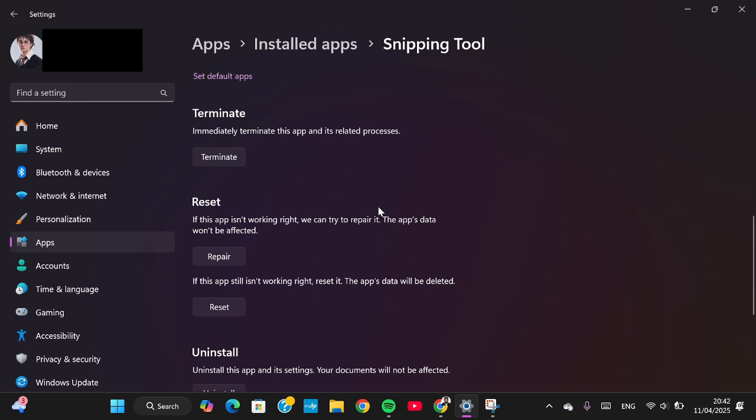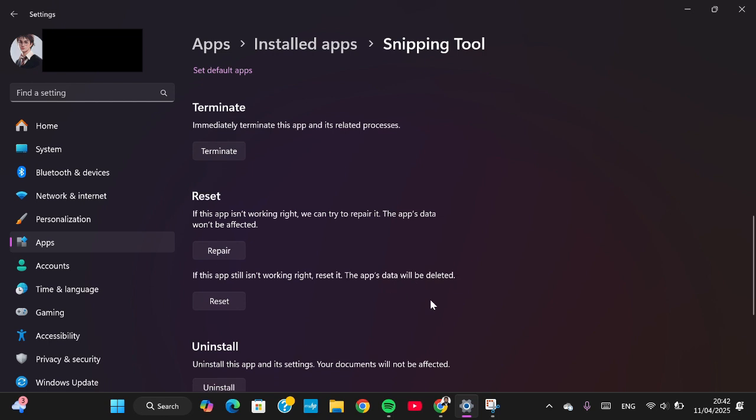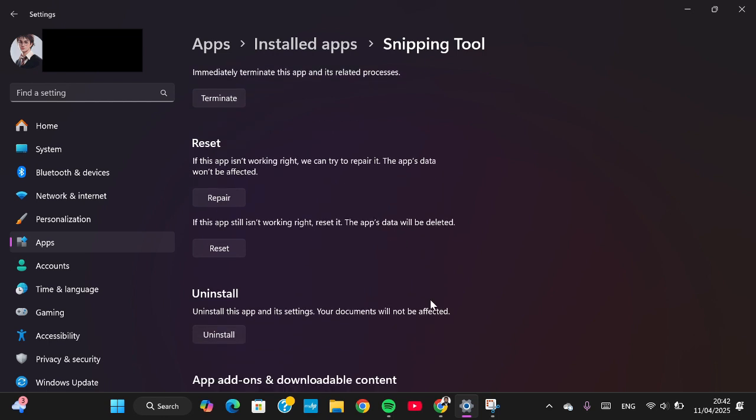So this is the difference between repair and reset. You won't lose your data if you repair the snipping tool, but if you reset it, your app's data will be removed. Okay guys, and that's all the way to fix snipping tool